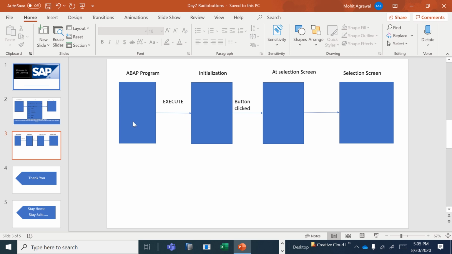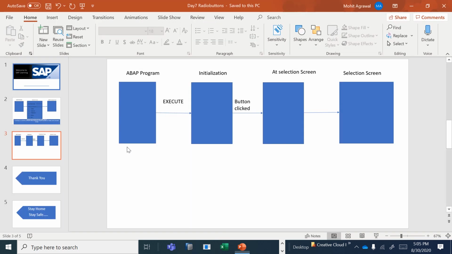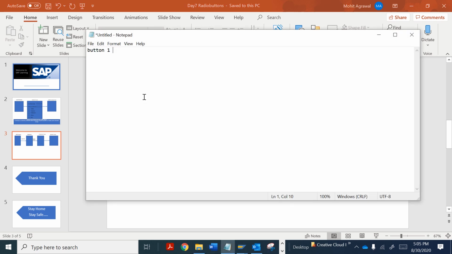Now, suppose you want to perform any task when a button is clicked. Suppose we have buttons like submit or clear. When any button is clicked, we have a function code inside that. Let's discuss like this: we have button 1, button 2, button 3.